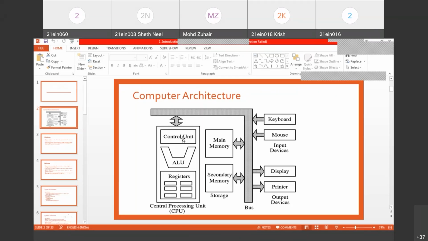Yes, sir. Clear. So, what is the use of ALU? If you perform 2 plus 3, for example A plus B, this is an arithmetic operation that you are going to perform. All the arithmetic and logical operations are controlled by the ALU, the arithmetic logical unit. Okay, clear?